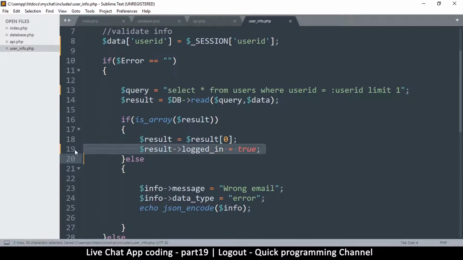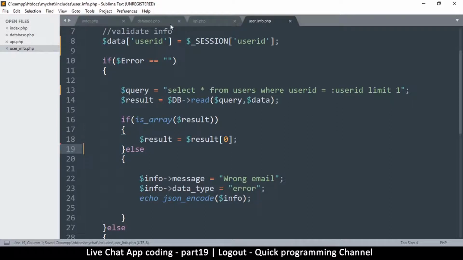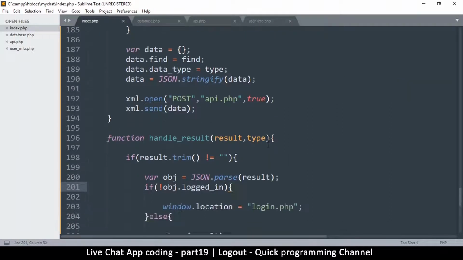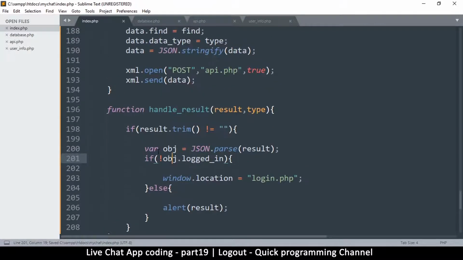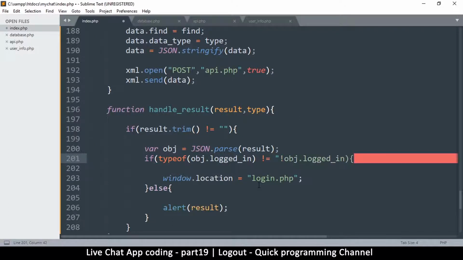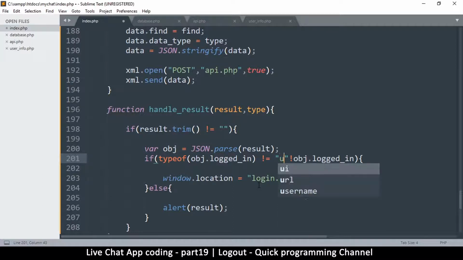Actually here we don't need to do this. What we want to do is go to index.php, and here where we are checking for logged in, we will have to check if it's also set at the same time. So let me copy this. If type of is not equal to undefined,